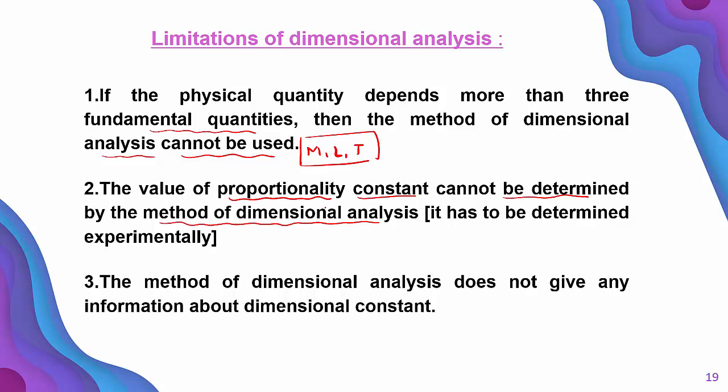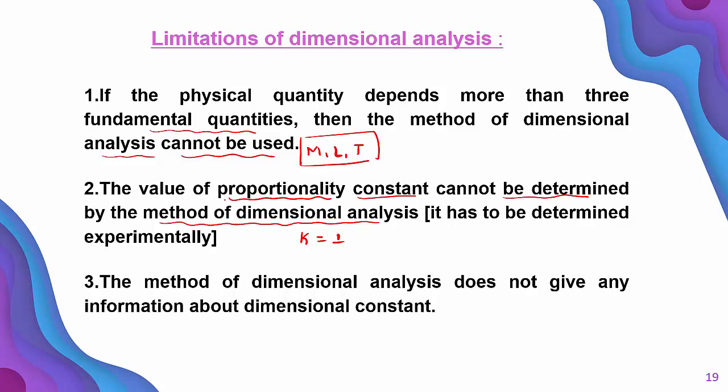So in the second application, we derived a relation between different physical quantities. There you can remember, we directly wrote the value of K equal to 1, experimentally. We got K equal to 1 directly. We wrote the value of K, but we don't have any solution. How did we get the value of K? There is no solution for that. So this is one drawback.